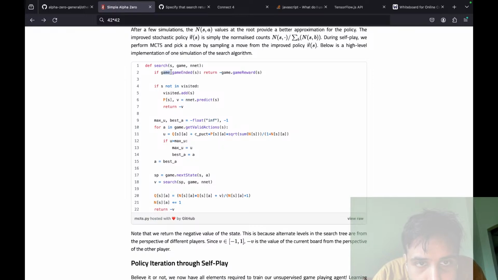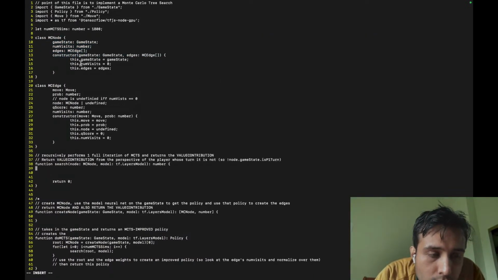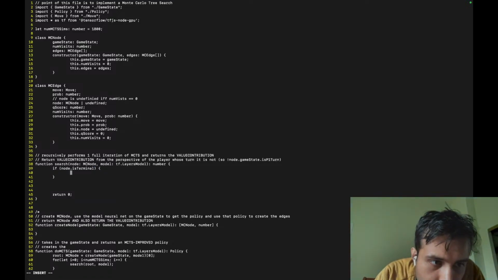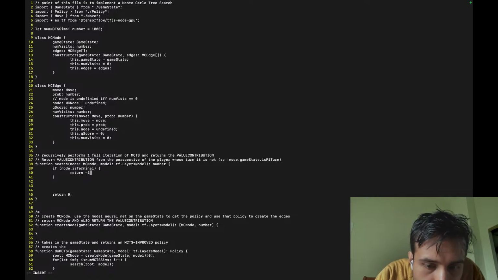Now calling this check in general seems a bit wasteful each time, because to check if the game's over, we have to iterate through all the columns, all the rows, all the diags, forward diags, backward diags. So instead, we can just cache it in the MC node, right? So let's just do that. If the node dot is terminal, let's just cache it there. Let's assume that this exists. I'll implement it later. Then just return -1 times